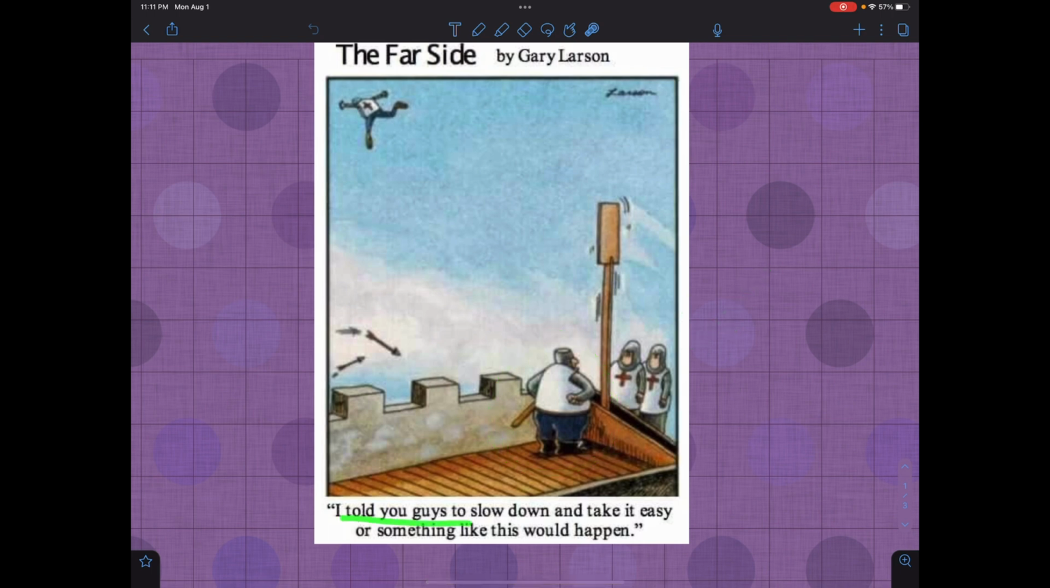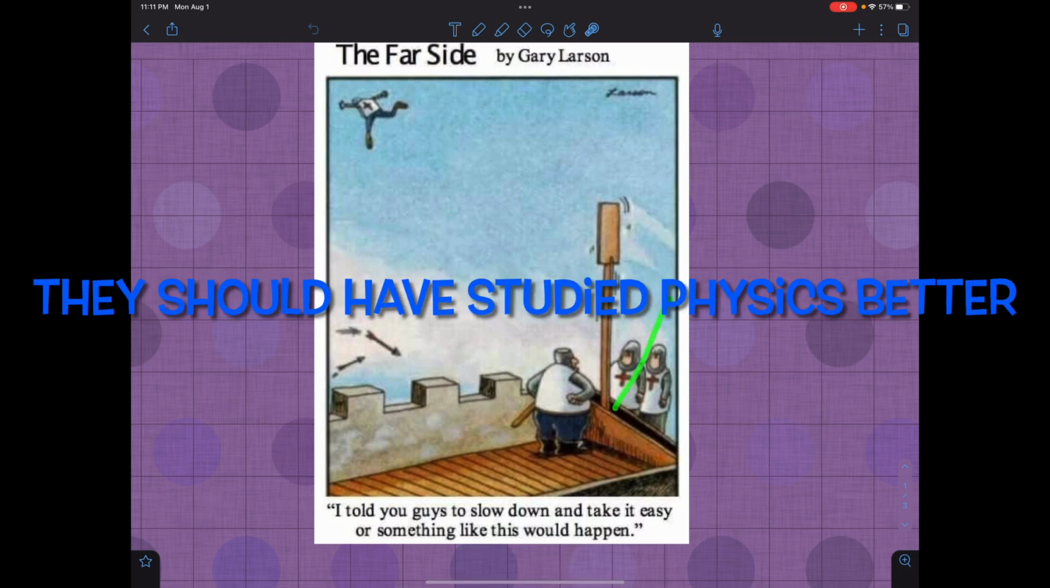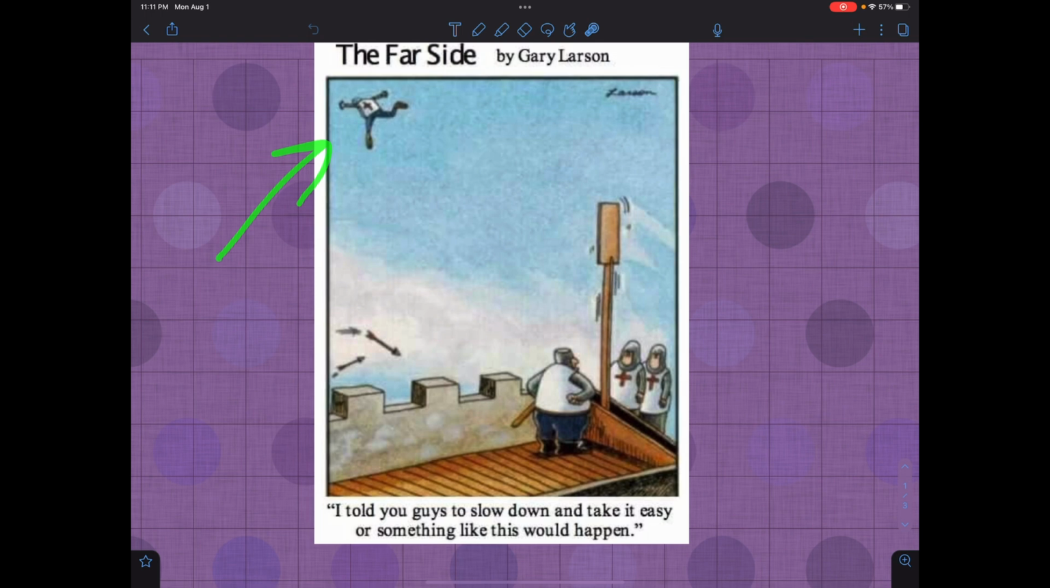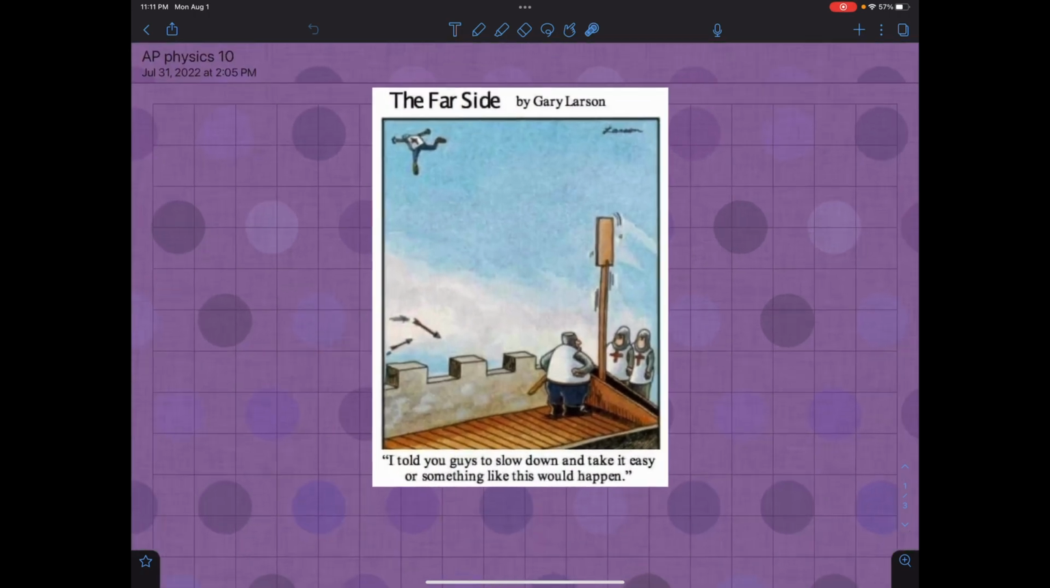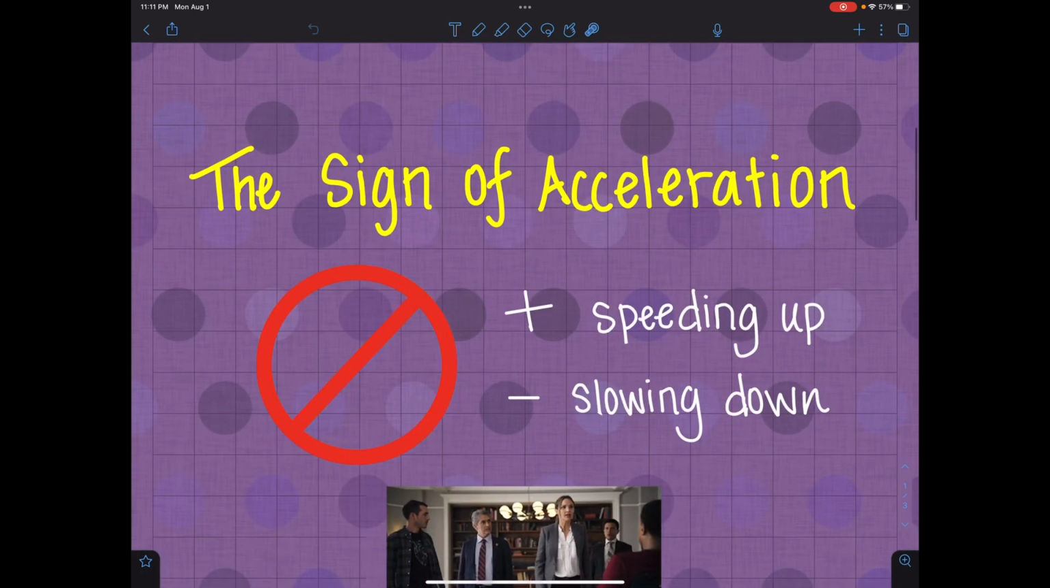I told you guys to slow down and take it easy, or something like this would happen. So what happened? Looks like they have a catapult. Look at this guy. Oh my gosh. Okay, so this is our reminder to slow down and take it easy when we are talking about acceleration, because